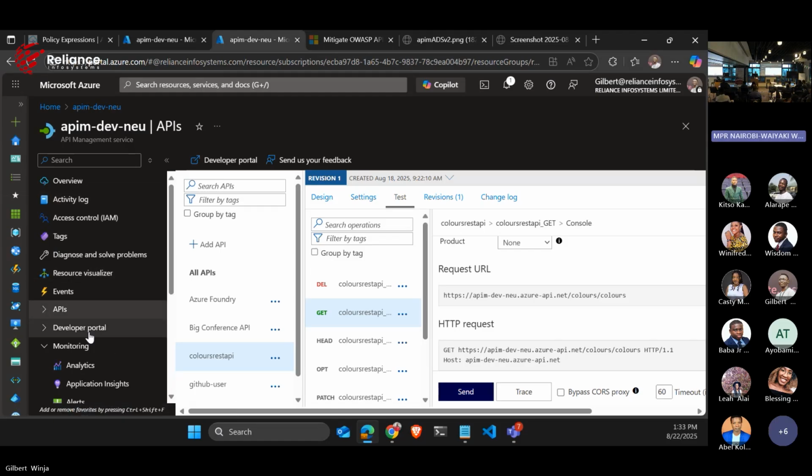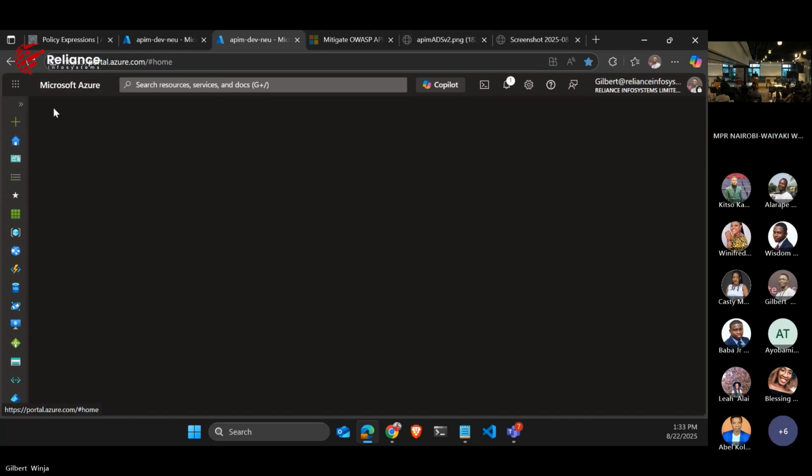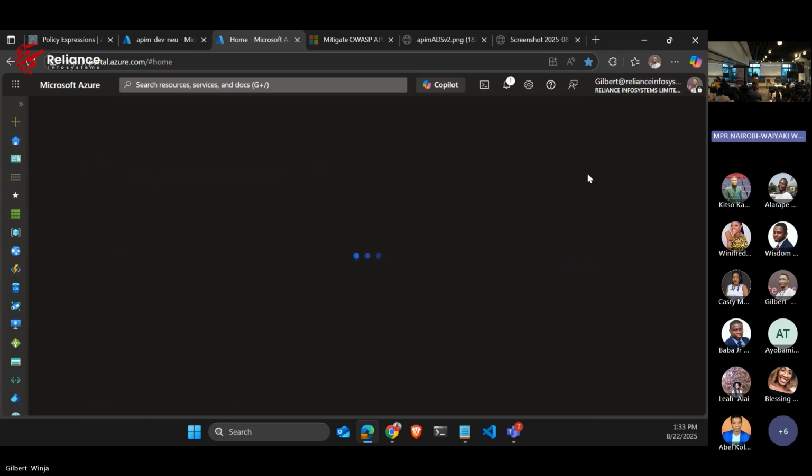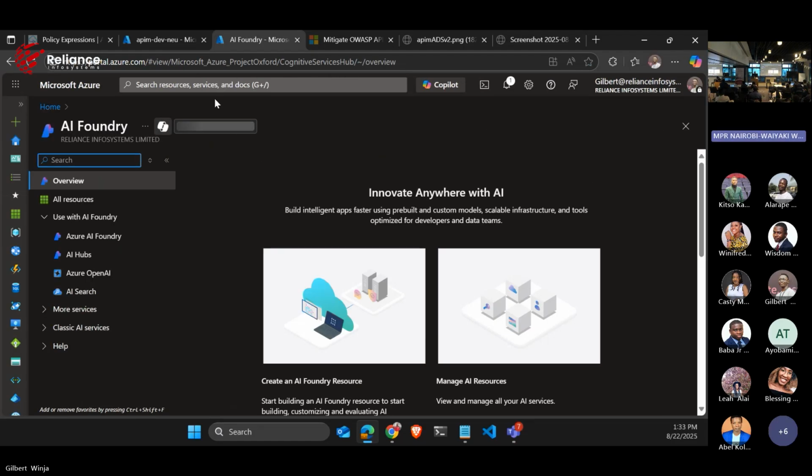Is there any question on monitoring before we move now to onboarding our models for AI and Gen AI workloads? So every company is